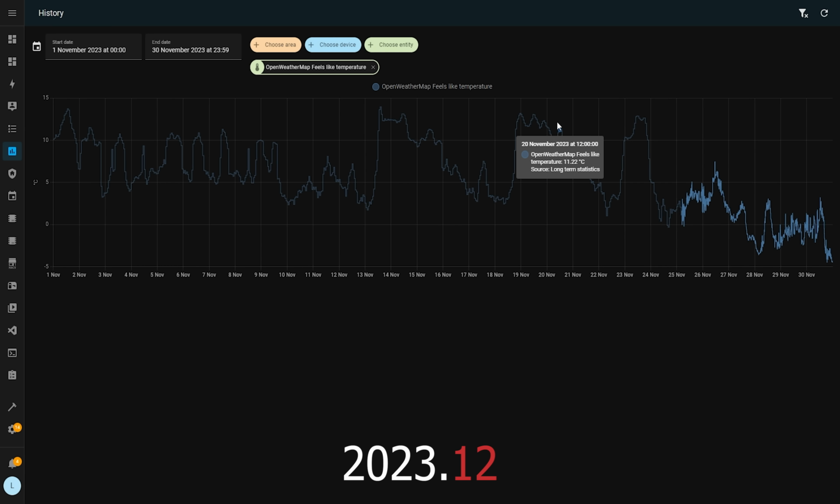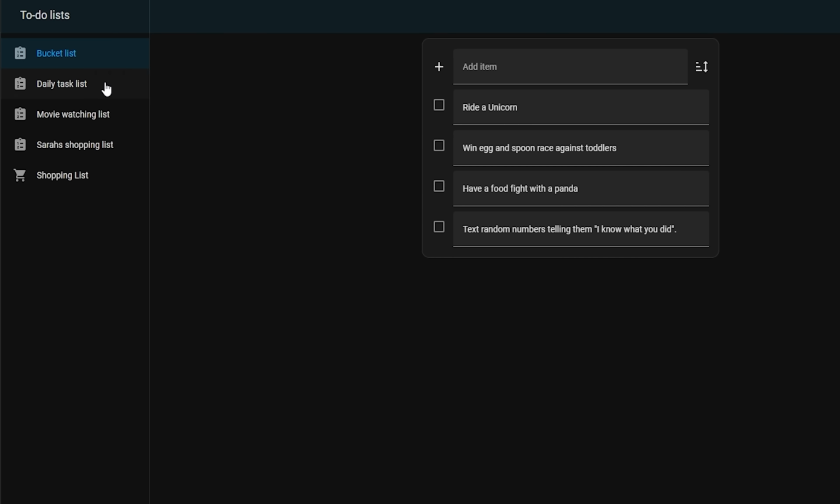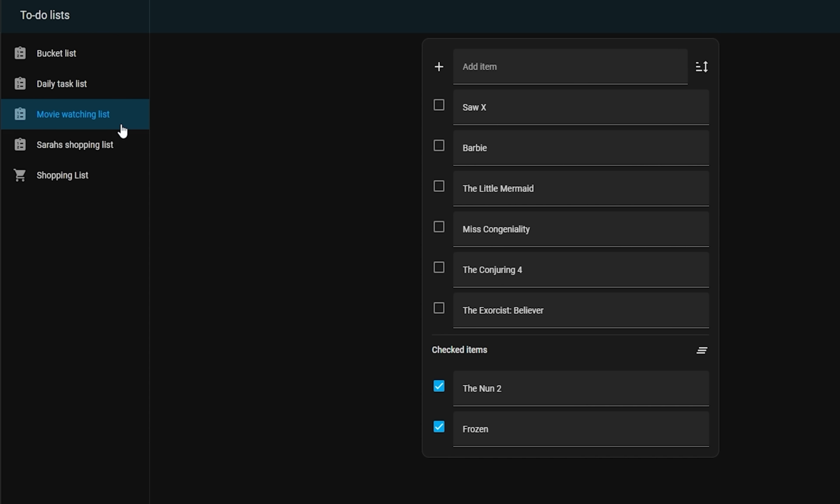You can see the point it changes over to long-term statistics by the slightly different colour on the graph, which is really cool as you can now see both normal history and long-term history in the same view. Nice. Next up, I want to talk about a feature that I mentioned in the previous release that I would love to see. Back in 2023.11, we got a complete overhaul of to-do lists, including shopping lists, which gave us